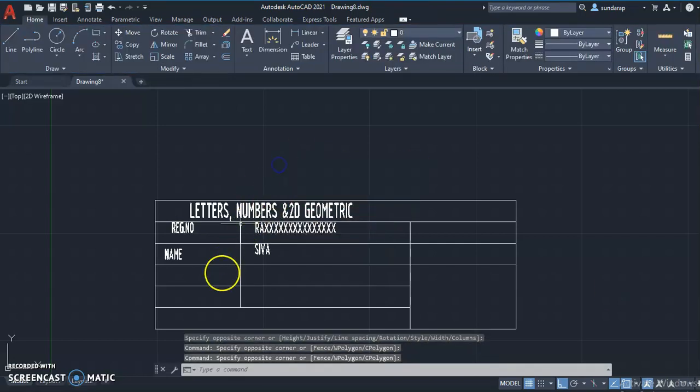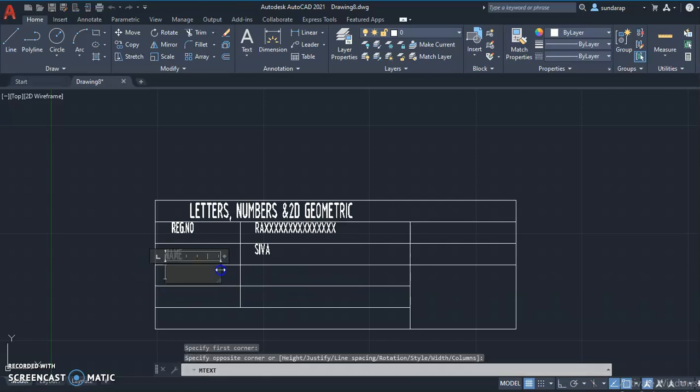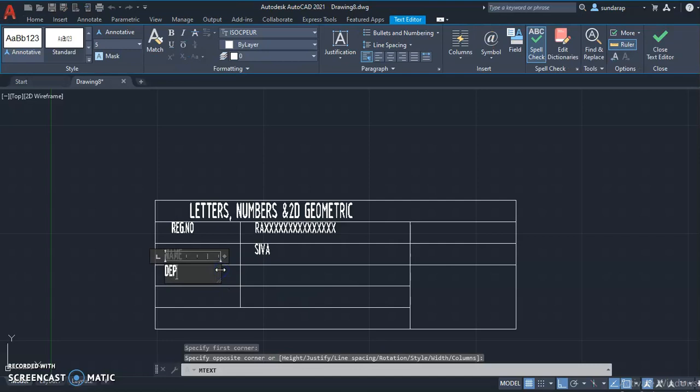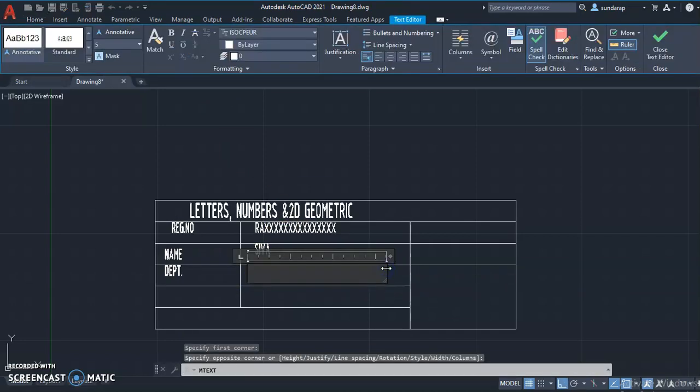So next, you need to write over here the department. Write software. Shortly you can write S1 batch.